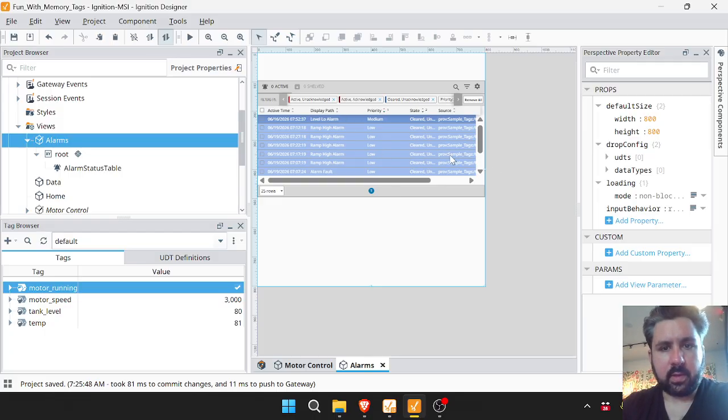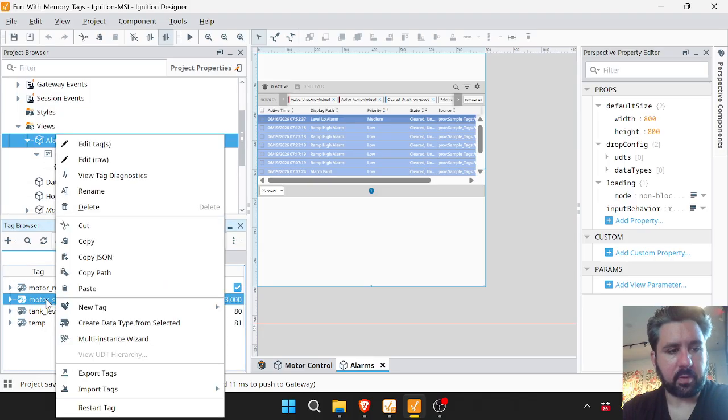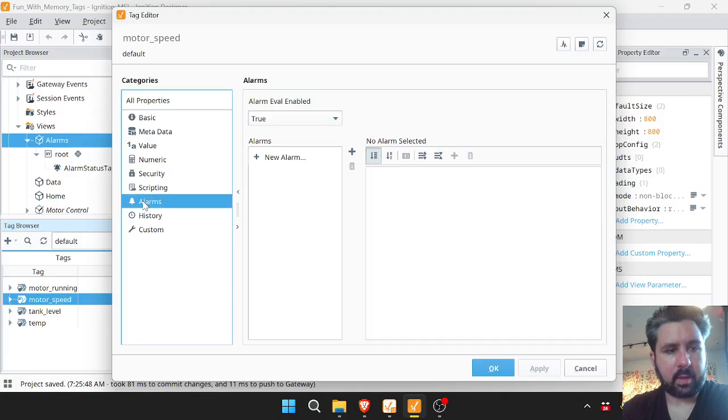This shows me all the alarms that are based on the sample tags, which is a helpful thing to do, but I want to actually have alarms that are based on the tags that I've created. So I'm going to have alarms based on the motor speed, the tank level, and the temperature. If I right click on motor speed, I can go to alarms, hit new alarm,